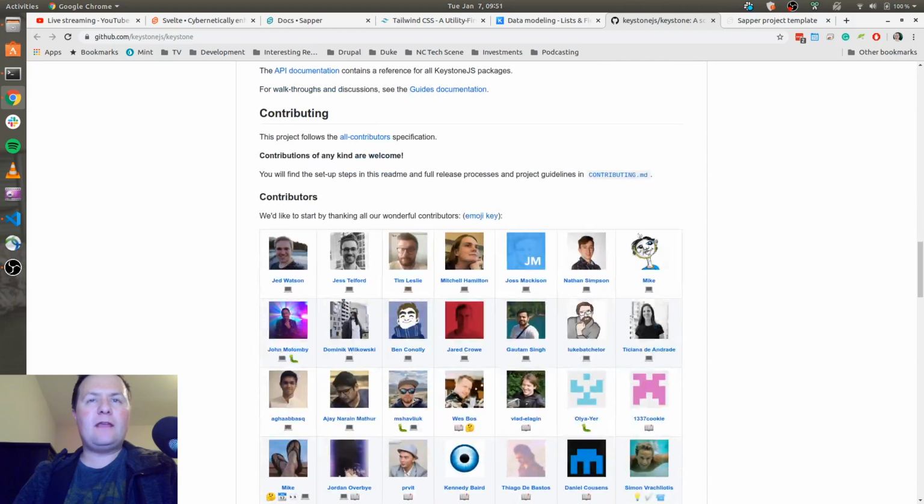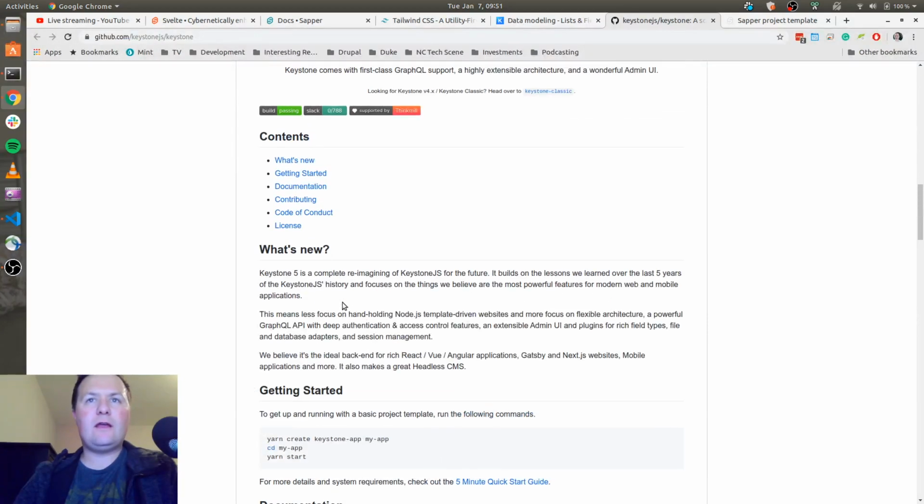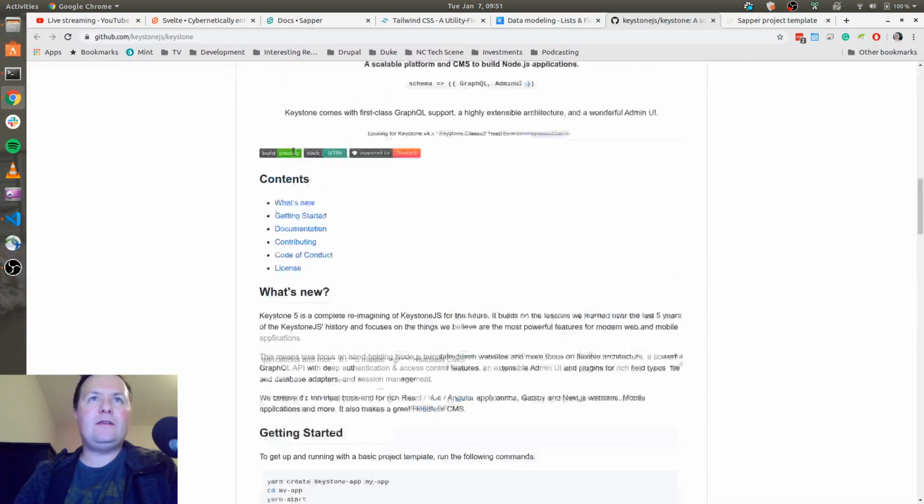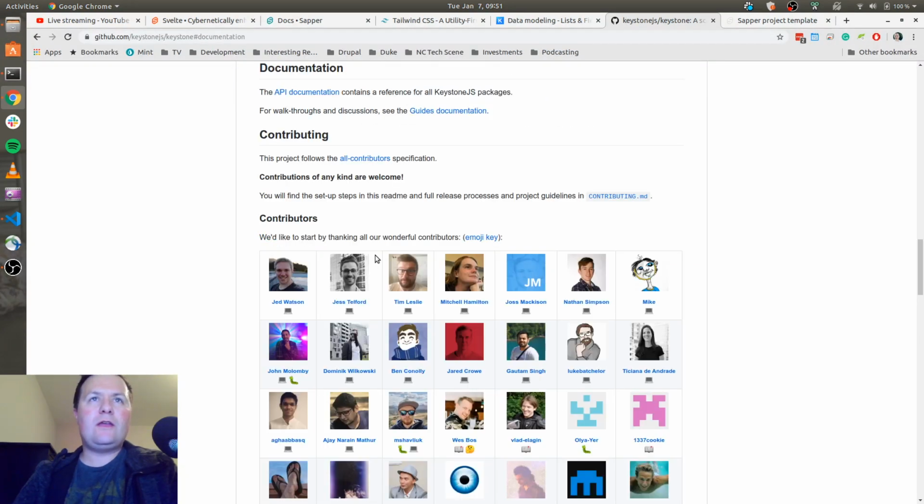But this can help generate the GraphQL API layer in the background. And that is, if you've ever made your own GraphQL layers, there's a lot of things to make. But by using Keystone, you can